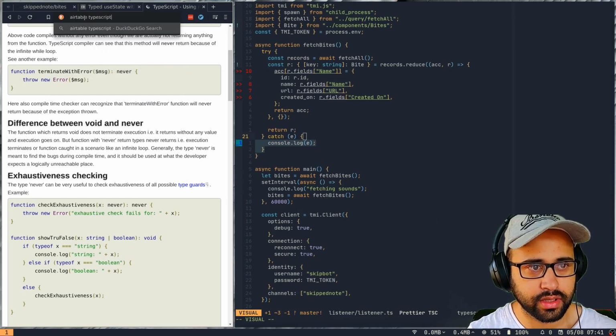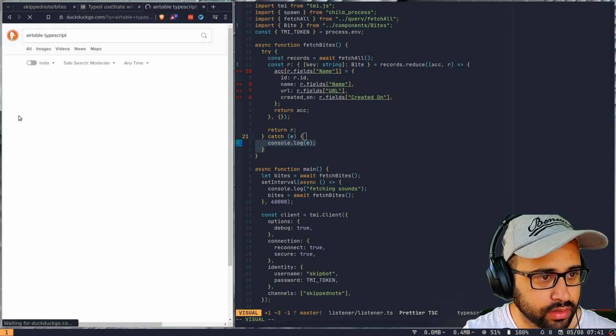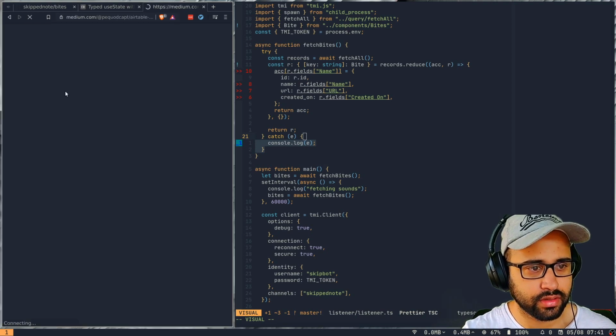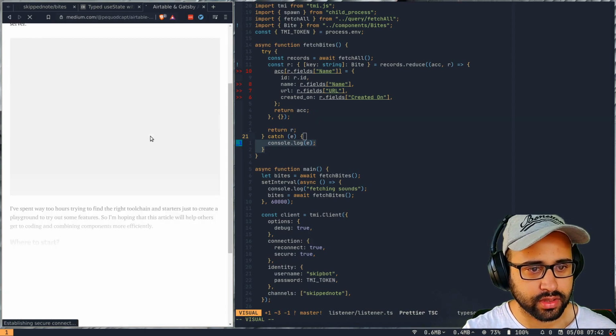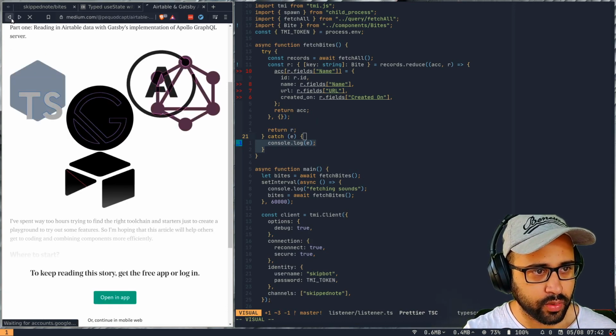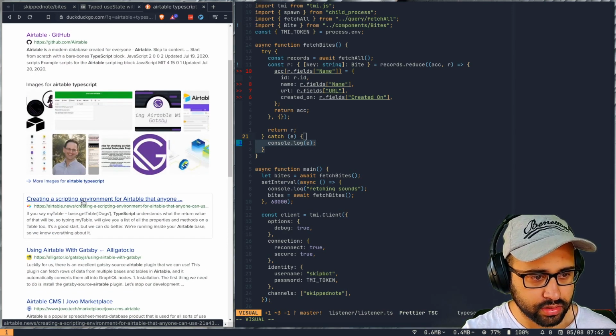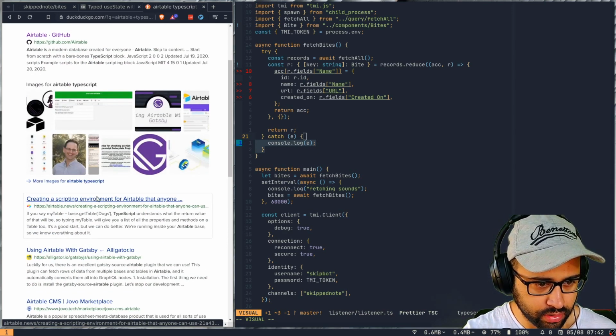Is there an example that uses Airtable and TypeScript together? This I think won't be helpful because this will be querying everything on the GraphQL and creating a scripting environment. Okay.